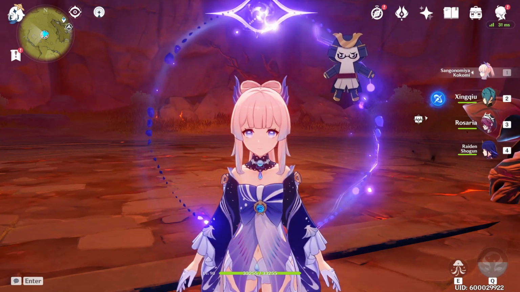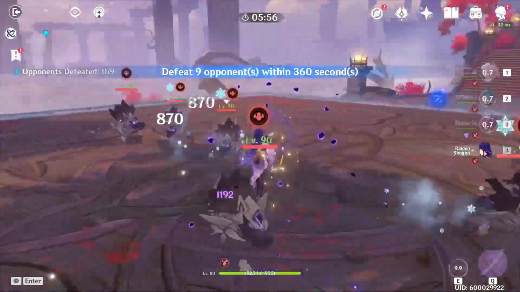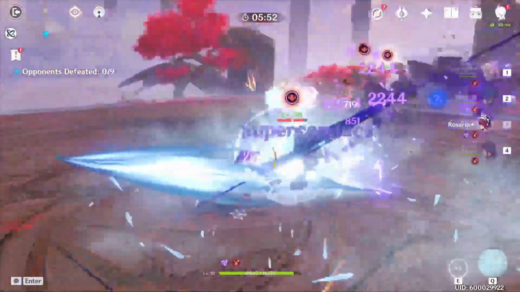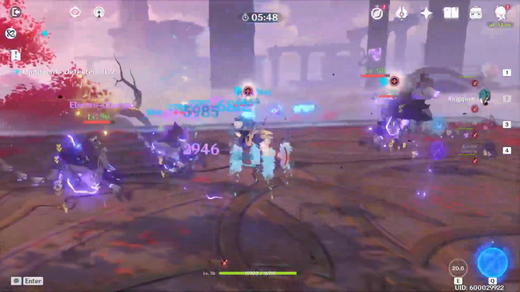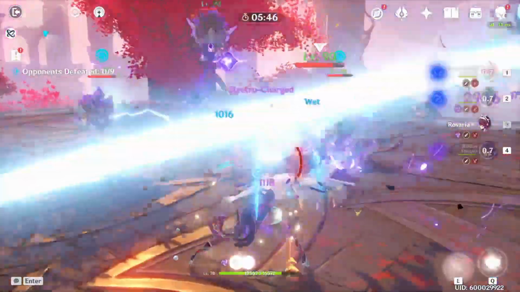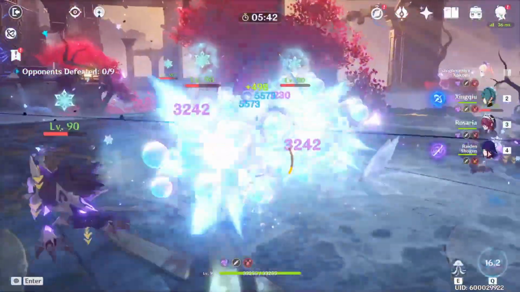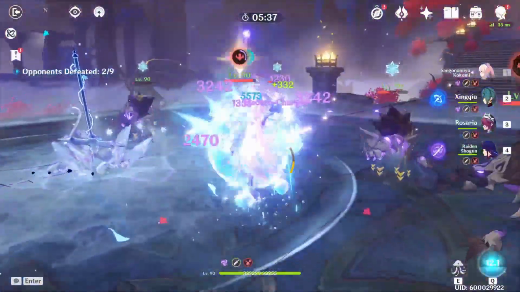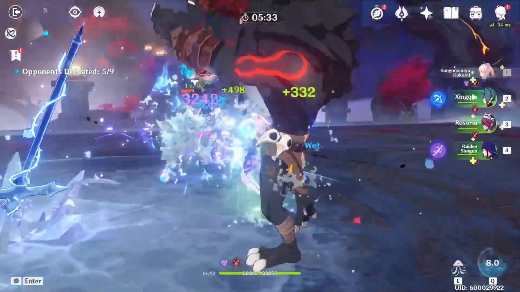Let's show this off in a group setting. All right, we'll go ahead and show it off in the brand new domain here as well. See if we can get Rosaria's Q real quick, and we'll get Kokomi's ult. There we go. Go ahead and get those going. And you'll see that I'm just going to deal a bunch of damage to these guys. So that was a 32k there. So yeah, if you get the physical shred, it is very, very easy to go ahead and get